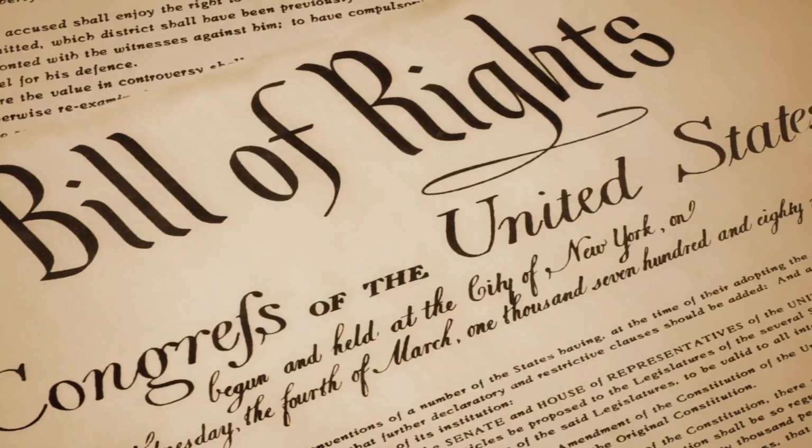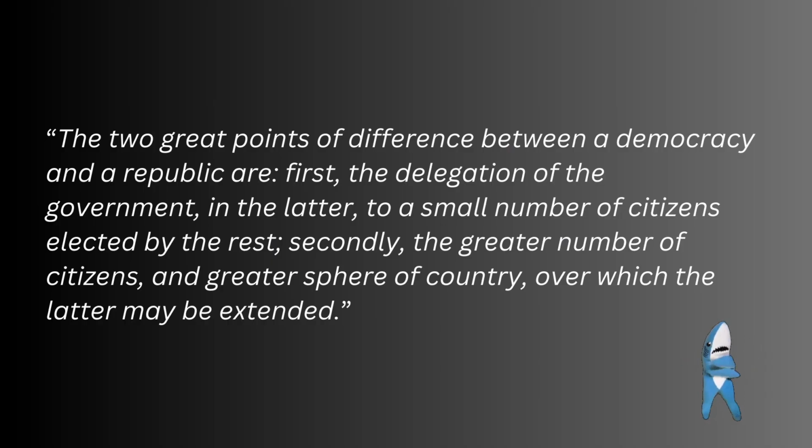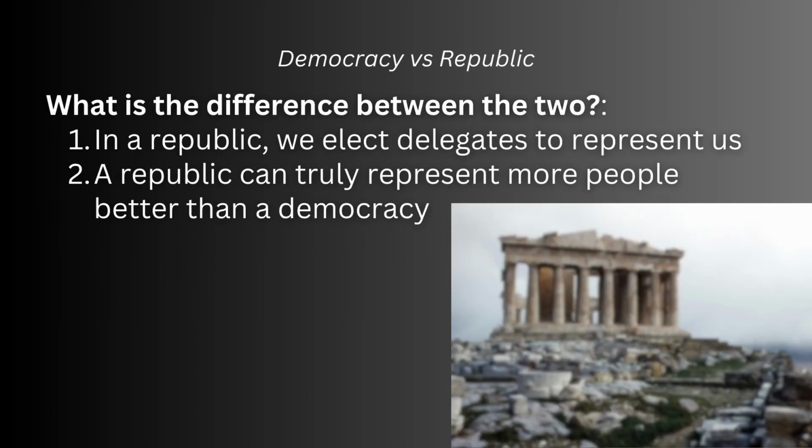consistently showed up. So Madison says that the two great points of difference between a democracy and a republic are, first, the delegation of the government, in the latter, to a small number of citizens elected by the rest. Secondly, the greater number of citizens and greater sphere of country, over which the latter may be extended. In other words, a republic differs from a democracy because, in a republic, we elect delegates to represent us and create the laws, and republics are better than democracies because they are simply bigger, which allows more people to be